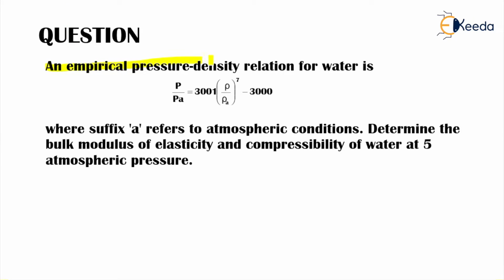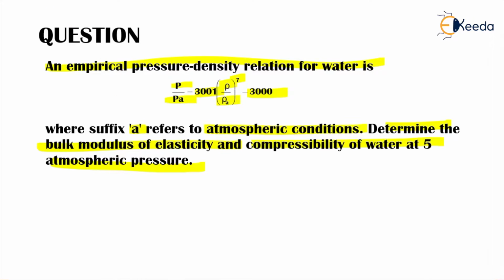An empirical pressure density relation for water is given as P upon Pa is equal to 3001 (rho upon rho A) to the power 7 minus 3000, where suffix A refers to atmospheric condition. Determine the bulk modulus of elasticity and compressibility of water at 5 atmospheric